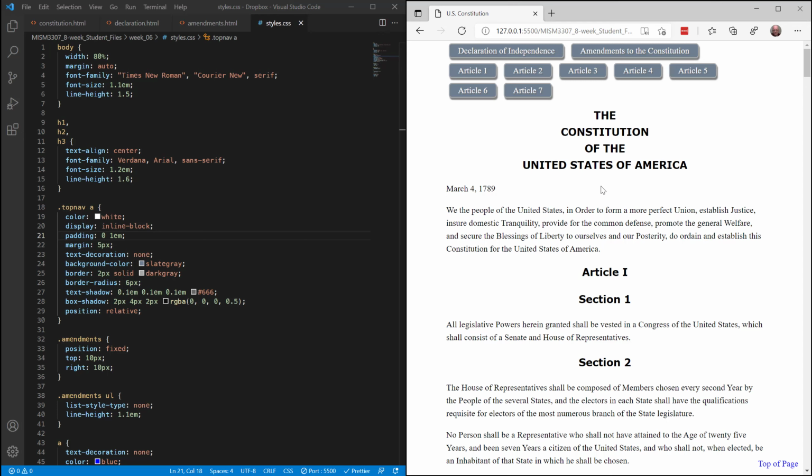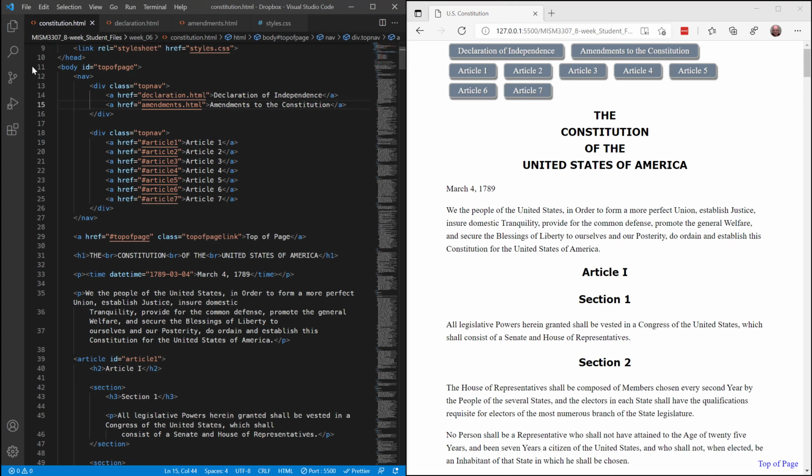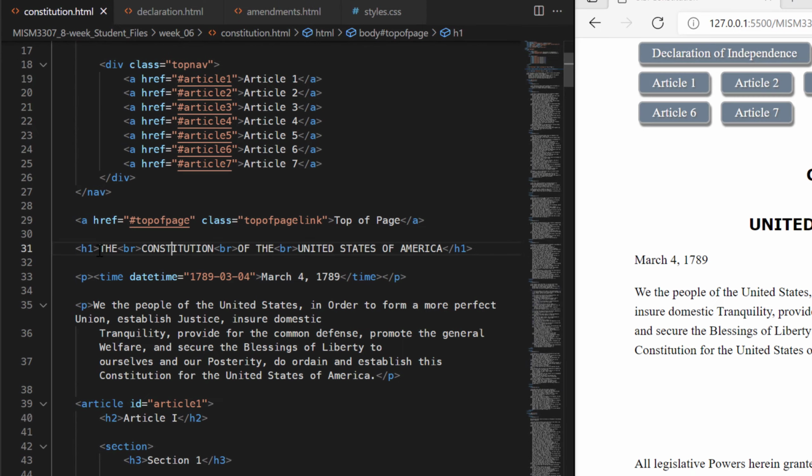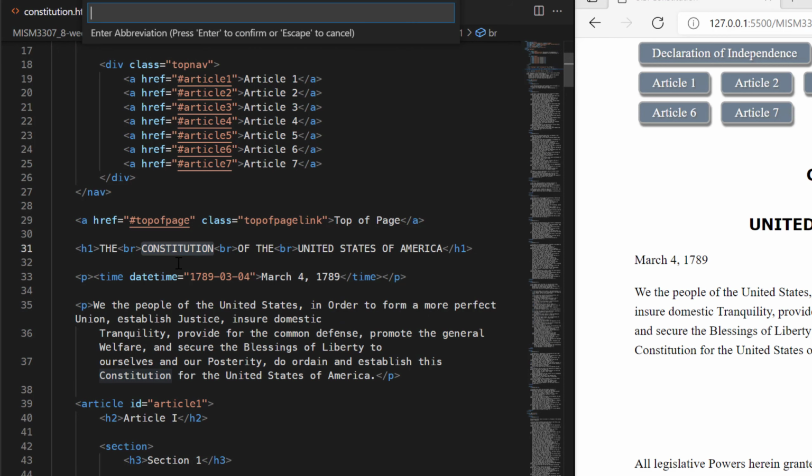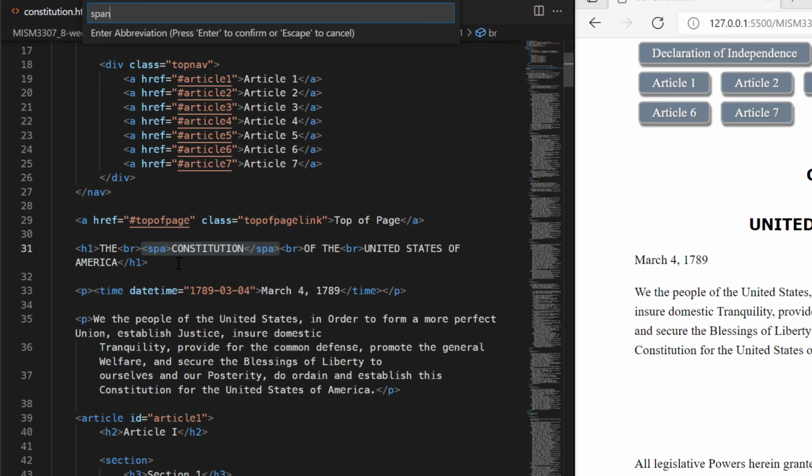The next change that we want to make is going to be to the important words that we find inside our heading element, the H1 elements. Let's come into Constitution and find the word Constitution in the H1 element and select it. Then Control-Shift-A, and we're going to put a span element on here with a class of shadow. So